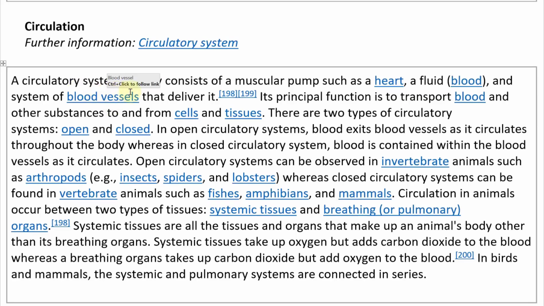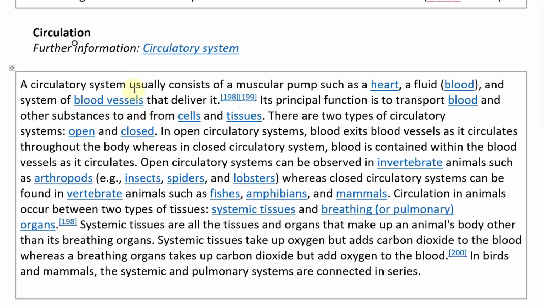A circulatory system usually consists of a muscular pump, such as a heart, a fluid, blood, and a system of blood vessels that deliver it. Its principal function is to transport blood and other substances to and from cells and tissues. There are two types of circulatory systems, open and closed. In open circulatory systems, blood exits blood vessels as it circulates throughout the body, whereas in closed